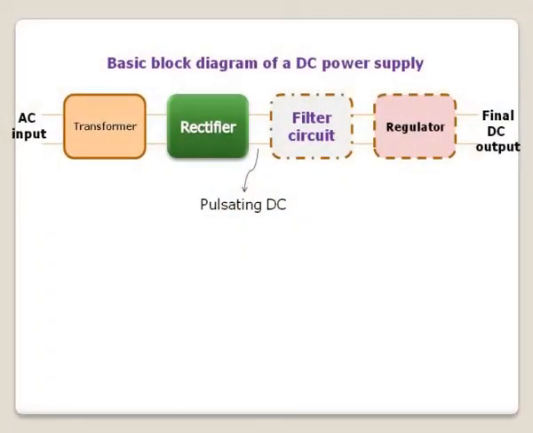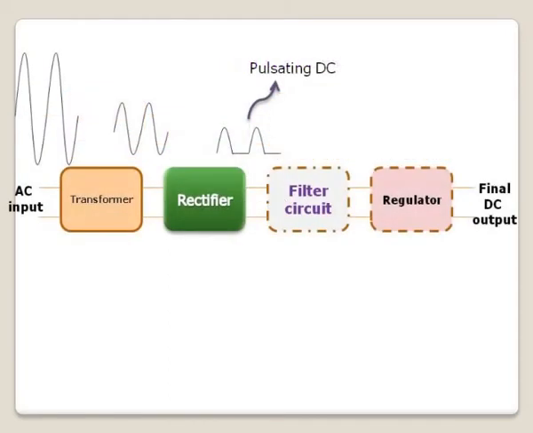Our electronic gadgets like laptops, mobiles, digital cameras, Walkmans, and so on use DC power supply for their functioning. But at our houses and workplaces, we have only AC mains available and it cannot be directly given to these gadgets. Hence, we need some circuit which can take AC input and produce DC output. This is what a rectifier does. The definition goes like this. A rectifier is an electronic circuit which converts an alternating current, that is AC, into a direct current, that is DC.